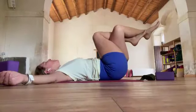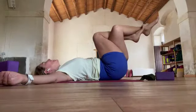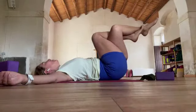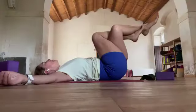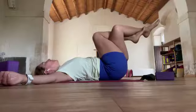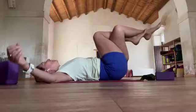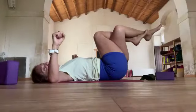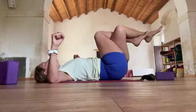Arms come out into a T. And just breathe here a moment, squeezing the snakes of your legs together. That back leg into the front leg and that front leg into the back leg. Breathe with the chest wide open, feeling the shoulder blades gently hugging in. Make a goalpost with your arms, fists up toward the ceiling, elbows into the floor, and pulse your elbows downward